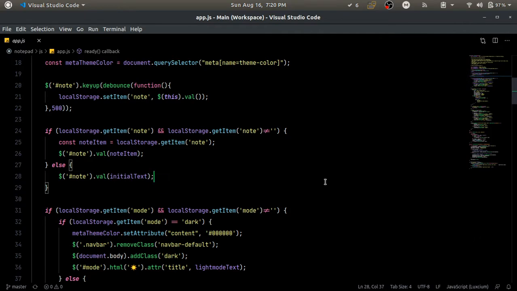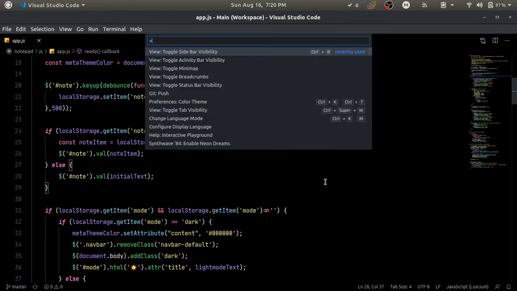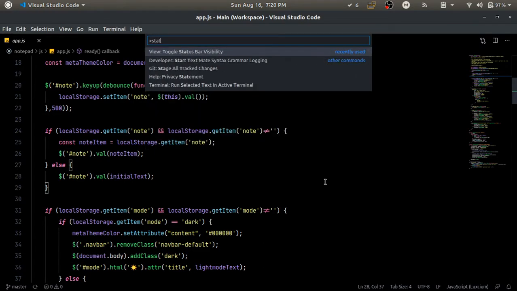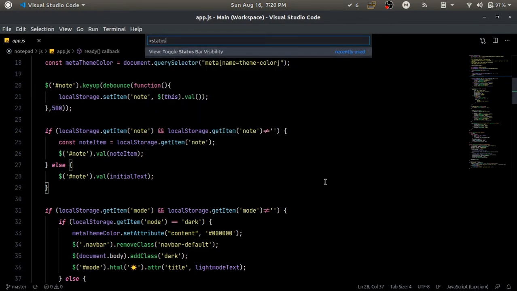I don't personally use this status bar, so I would like to get rid of it as well. But if you want to keep this, it's your choice, but I will get rid of this right now. So for this, you will invoke the command palette again and find status bar. And as you can see, we have this option called toggle status bar visibility.